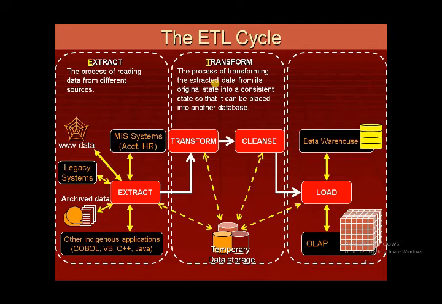Let's say the grain was to store the weekly attendance of each student. Inside the source system the attendance of each student is stored on a daily basis. When you want to store the attendance on a weekly basis, you have to transform the data in a way that can be stored in a weekly format inside the data warehouse. And in the last cycle you bring the data inside the data warehouse using different loading techniques.